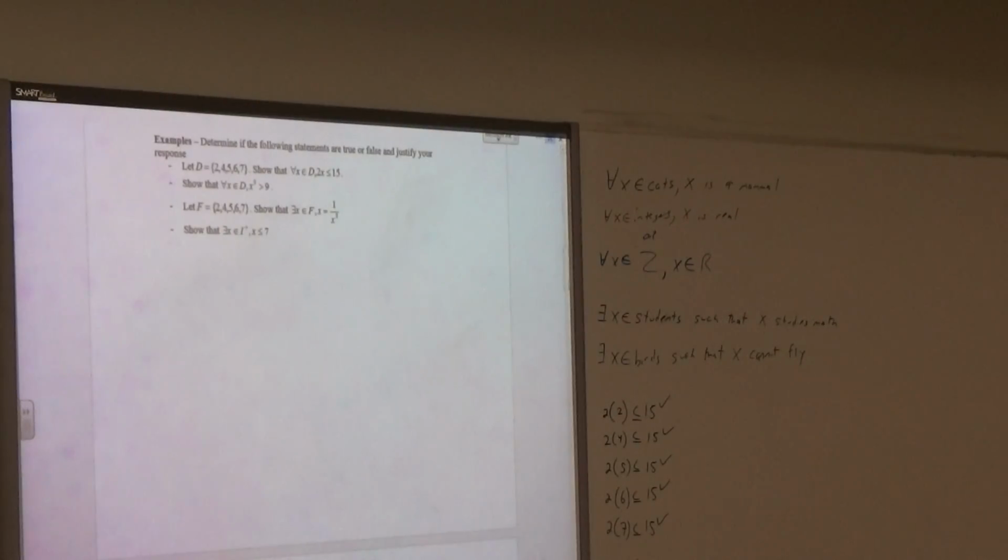Okay? And remember, this is a universal statement, so I have to show that all of them are true. Okay? Guys, what was that process called when we showed every instance satisfies the predicate? It starts with an E. Exhaustion, right? And now you know why it's called exhaustion, because you write it out and your hand's exhausted from